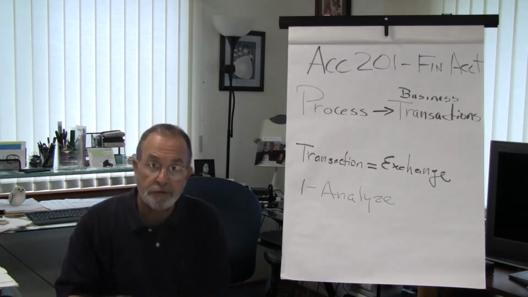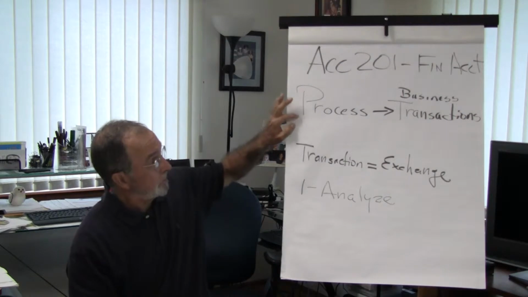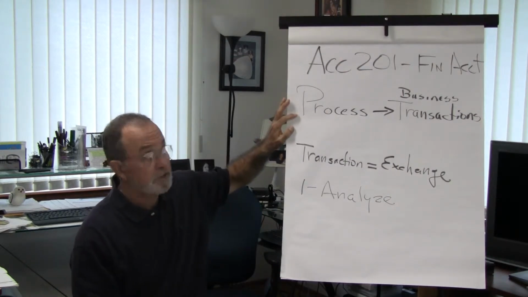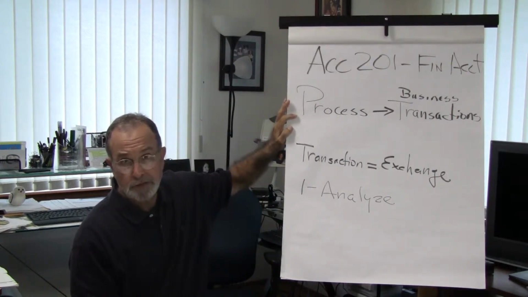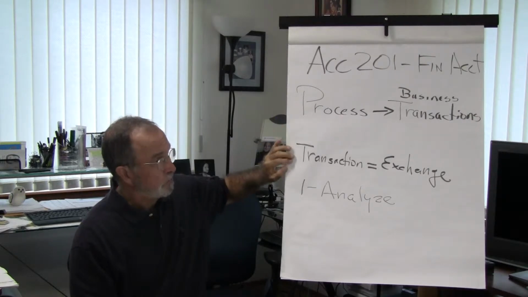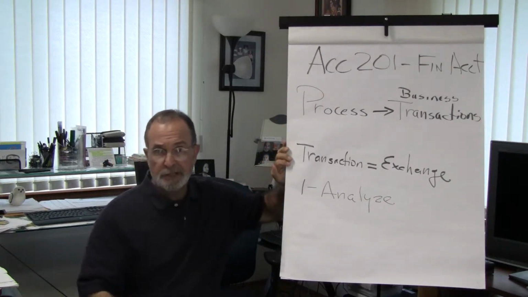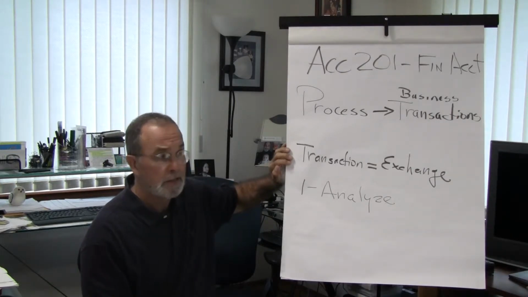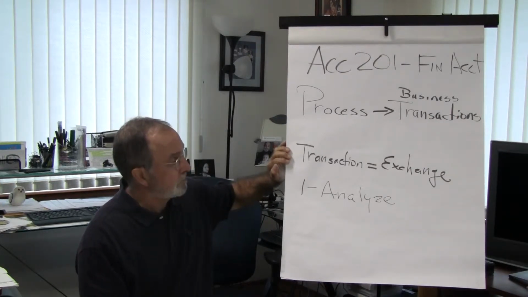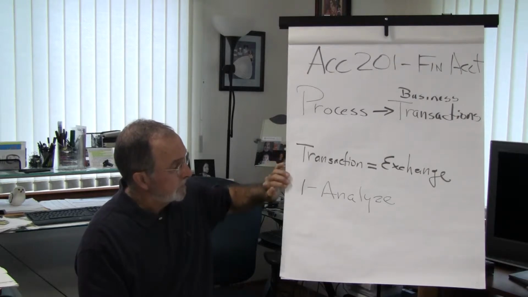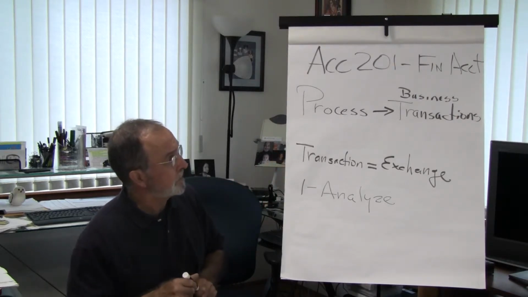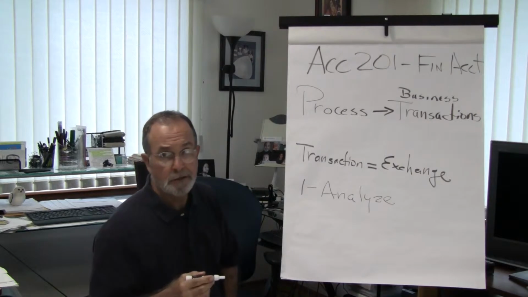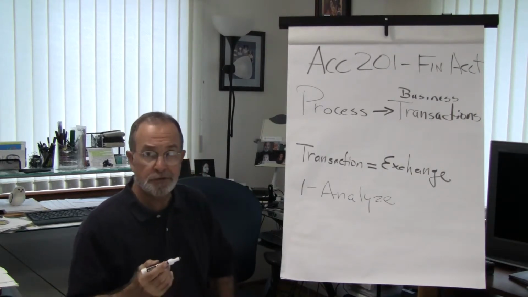Continuing on with our definition of accounting. Accounting is a process that we use to keep track of business transactions. And remember also that a transaction is basically an exchange between generally two parties. There could be more than two parties involved in a transaction. The steps that we go through in this process of keeping track of business transactions